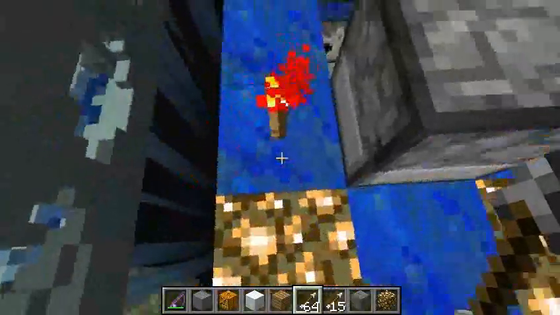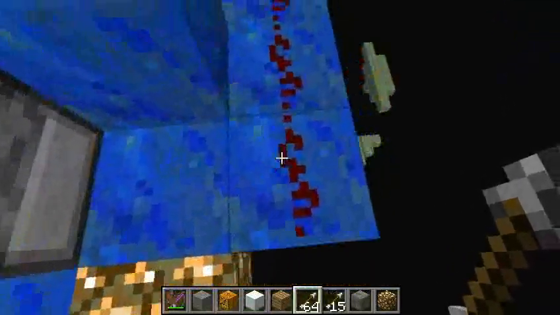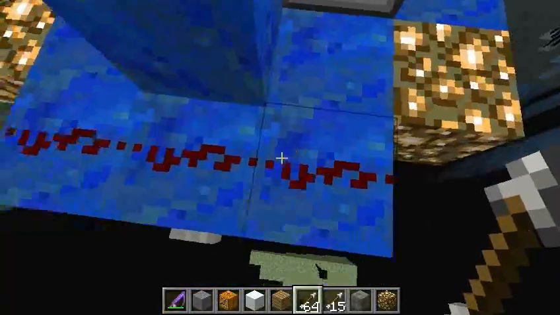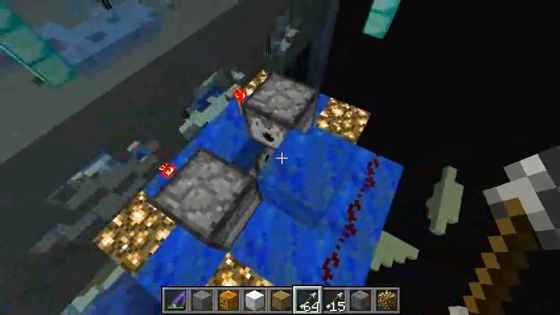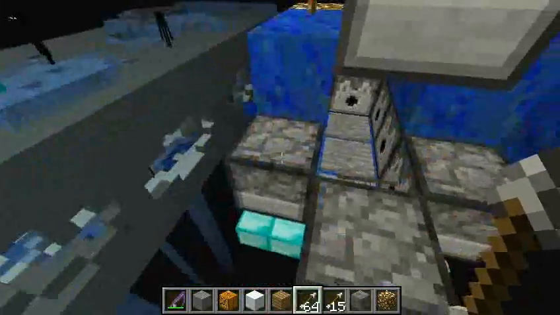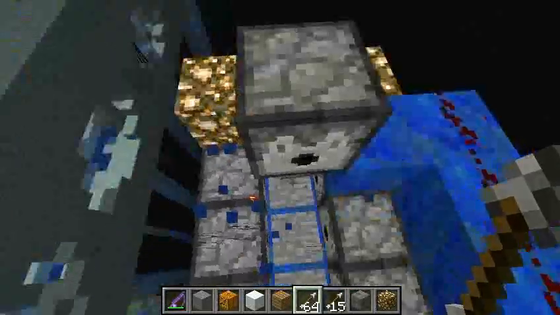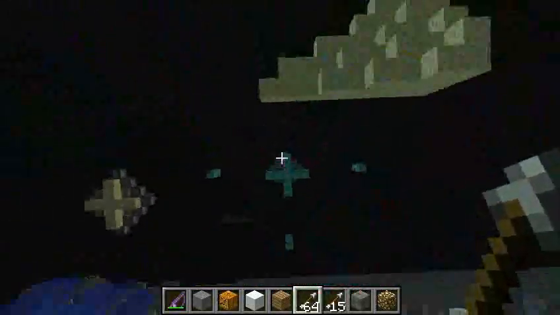2 dispensers on top, powered from the side, with silverfish in them. And you can use that bug to only run your wire 2 away, and it will activate both of them. This makes it easier to hide. Looking down at the next level, and you can see that made that one there go off twice. Because something within 2 squares, the redstone current on it changed. And I'm using the same...